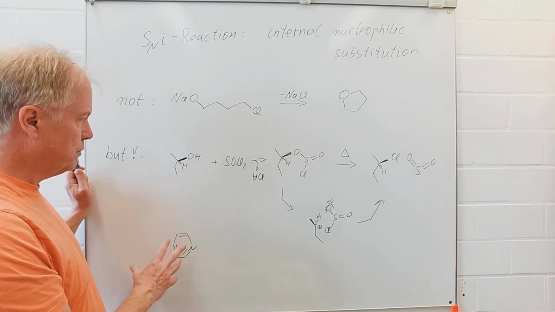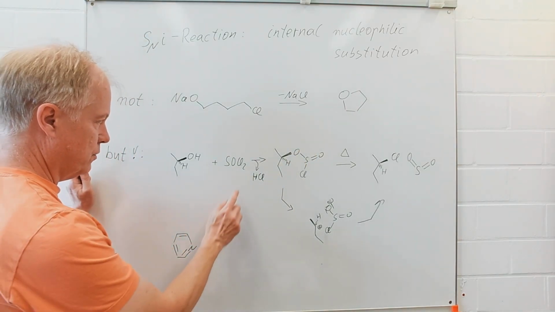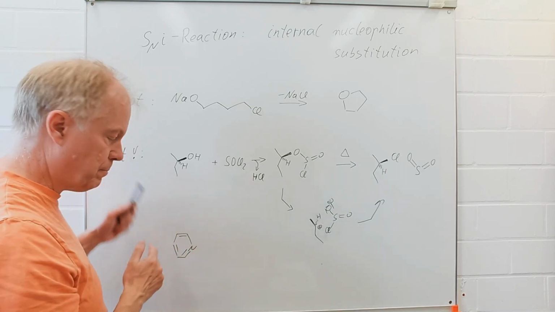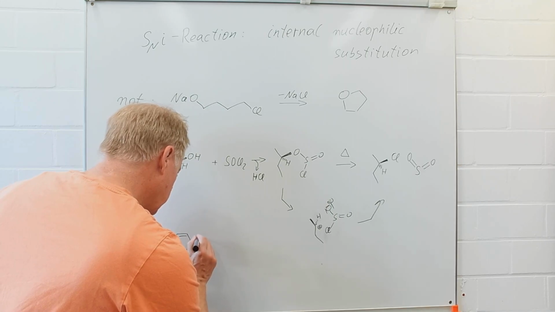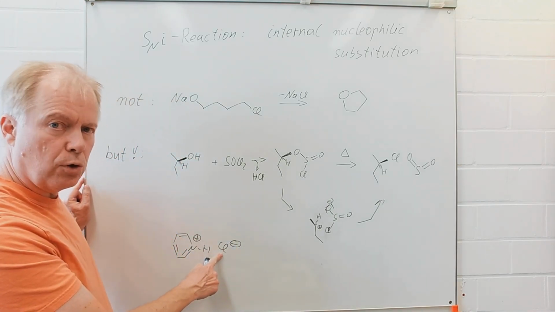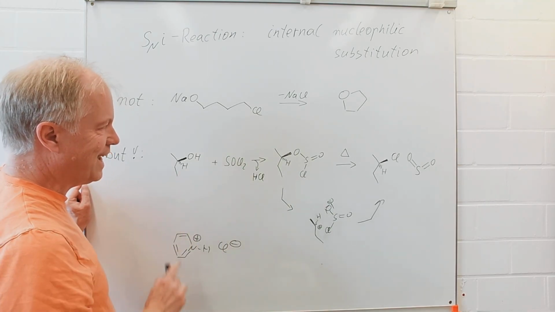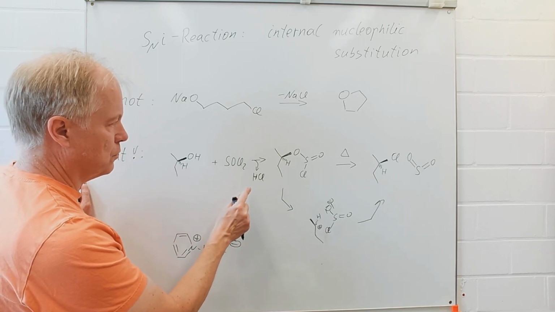The pyridine is helpful in the formation of this ester, and the pyridine will trap the HCl. Then we will have a pyridinium chloride. And this chloride will be active to attack as a nucleophile